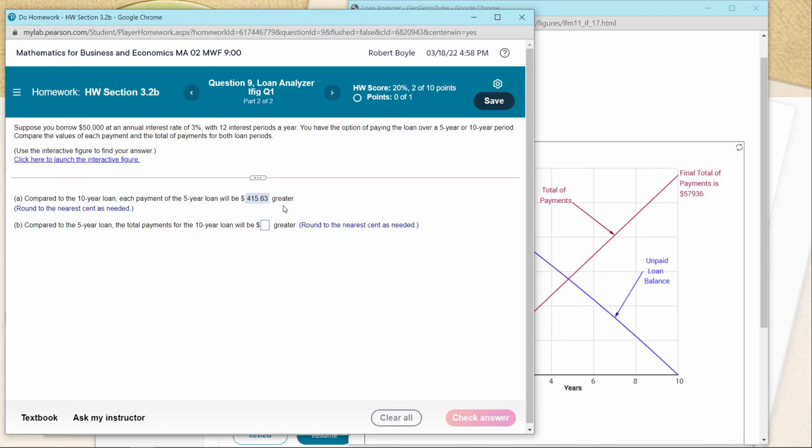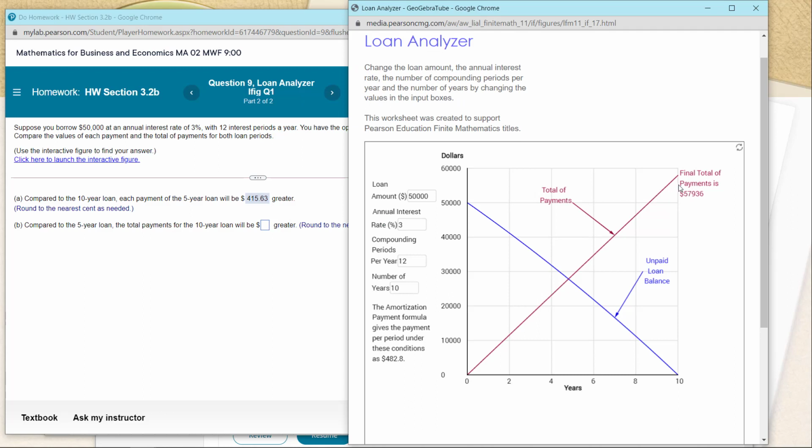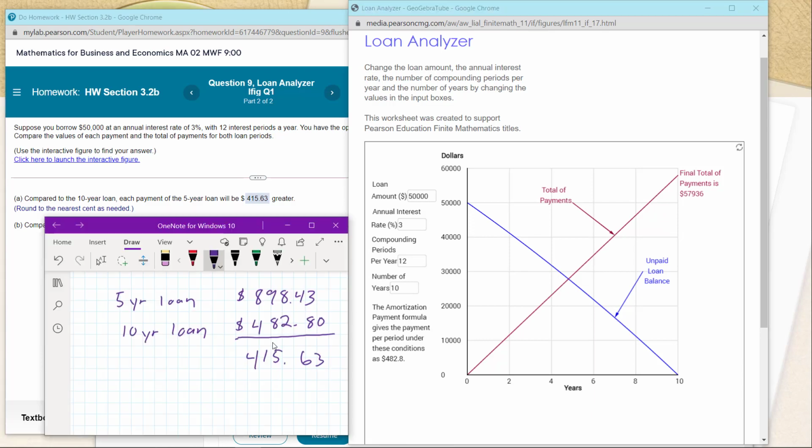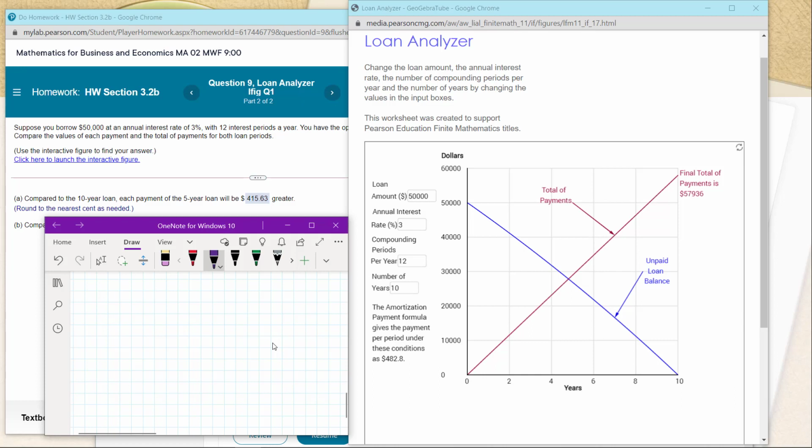Oh, that's the next part. Compared to the 5-year loan, the total payments for the 10-year loan will be X number of dollars greater. Okay, well, let's come back over here. This right here is the total number of payments you are going to make for the 10-year loan. Even though you're making smaller payments, you're making twice as many payments. So the total amount that you are going to pay into your loan for 10 years is going to be